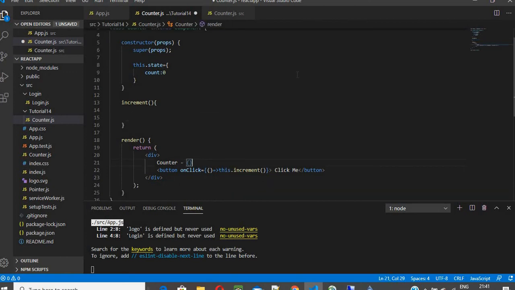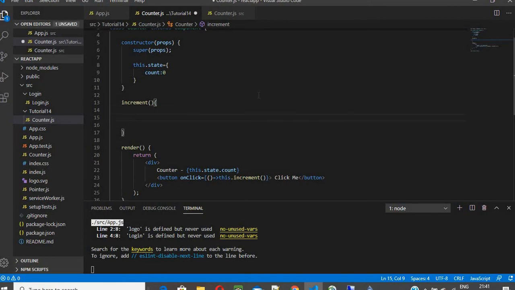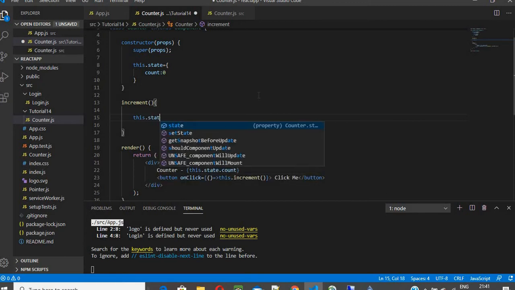Before that, I'll put the value in which it needs to be displayed once I click this particular button, which is nothing but the state which I have declared earlier. In the previous tutorial we have seen that a state variable, whatever content is present, should be declared in the constructor, whereas if you are setting values, you need to use setState. Say for example, right now let's use state itself and see what happens,